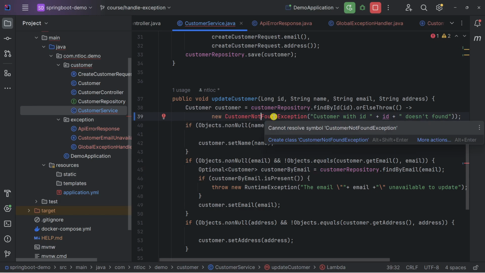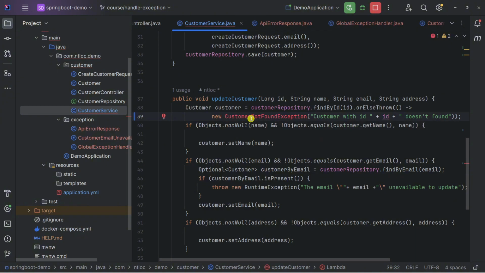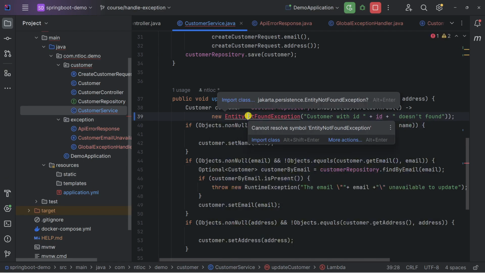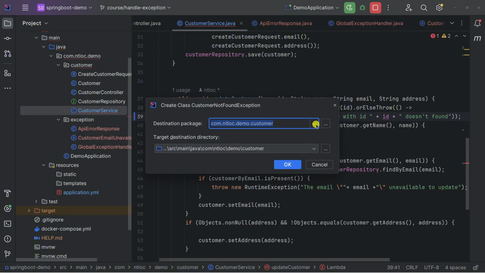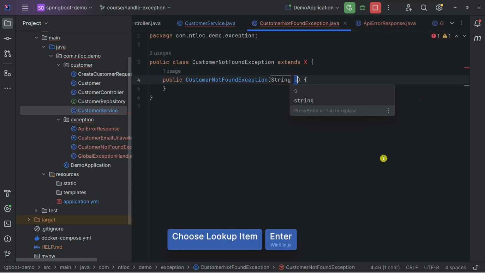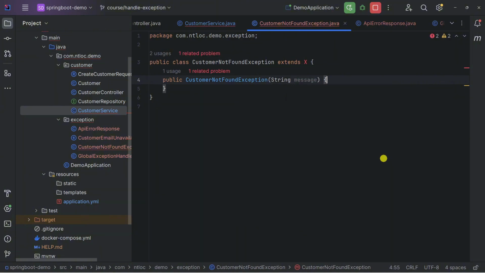If you have more models like user or order, for example, you can rename it to entity not found exception, to be more generic based on the model. We still understand the root cause of this exception is not found. But for my case, let's create a customer not found exception here, and put this exception under the exception package.